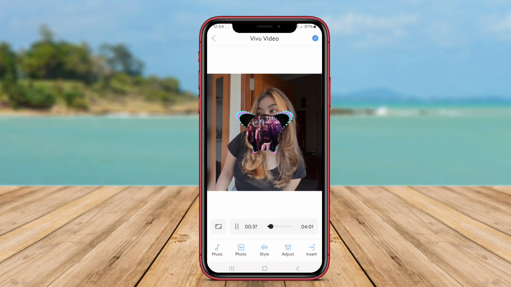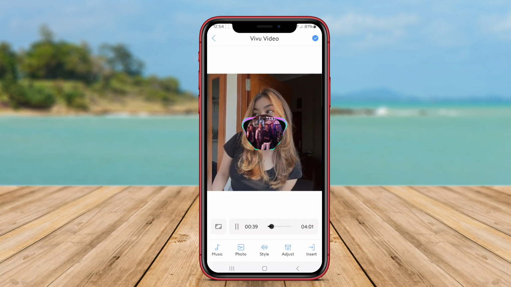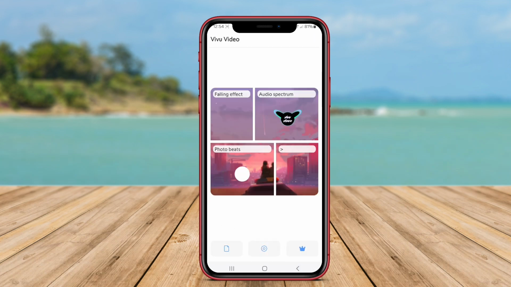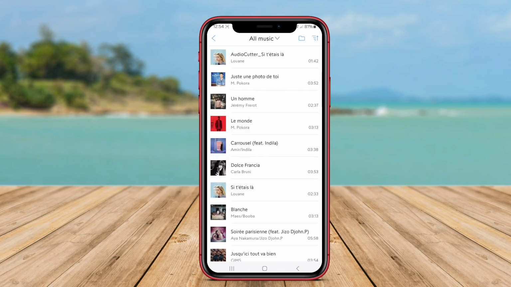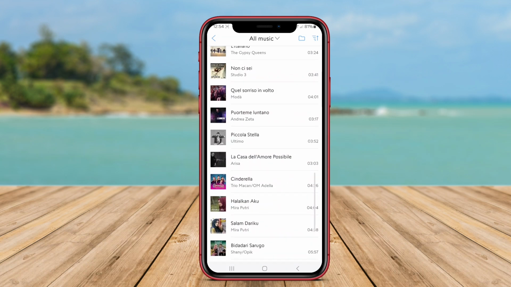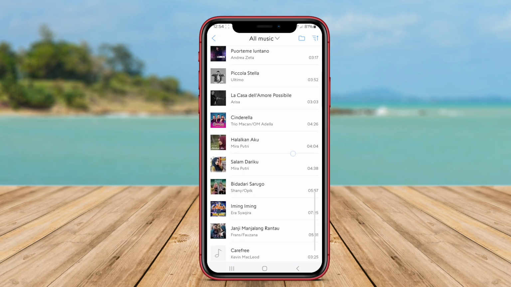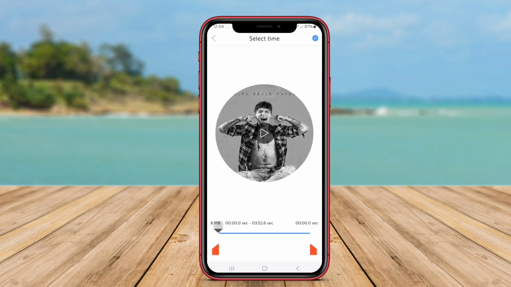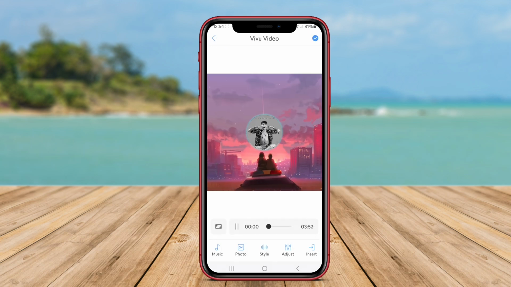The interface is user-friendly, making it accessible for both casual users and those looking to produce more polished content. Users can customize various aspects of the visual effects, such as colors and styles, to match the mood of the music. The app also allows for easy sharing of the finished videos on social media platforms, enabling users to showcase